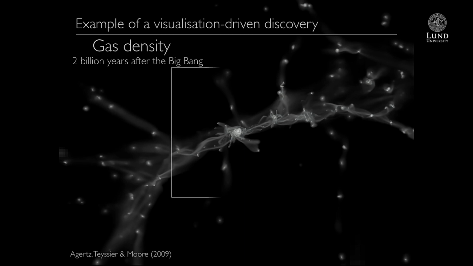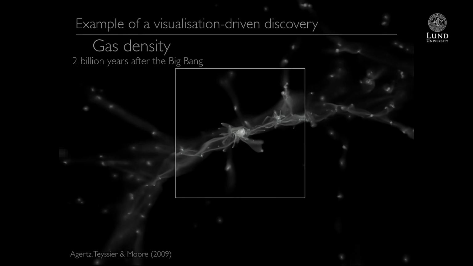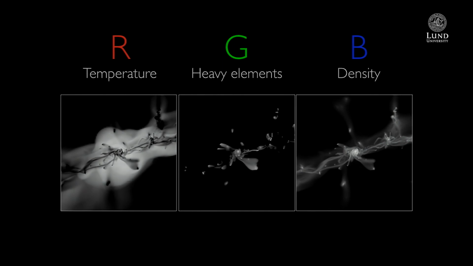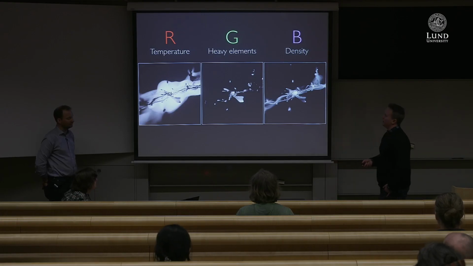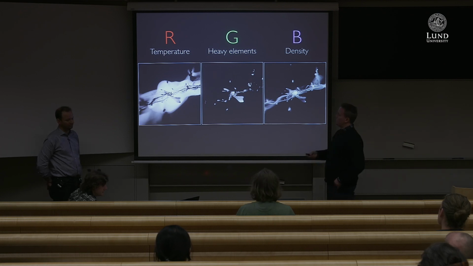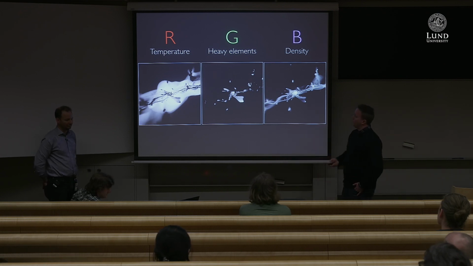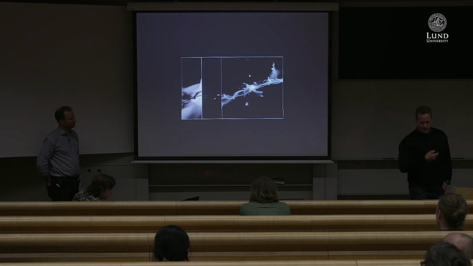And we went even further, okay? We wanted to understand more what is the physics of this assembly process. So we took this little piece here, and this is us playing with the data, right? So we started using different color maps for different quantities. Temperature, we called that red. Density in blue, okay? And then green was basically the heavy elements, so elements heavier than helium that form inside of stars and are then ejected in supernovae or whatever. So if you combine this, you get this kind of weird picture, okay?